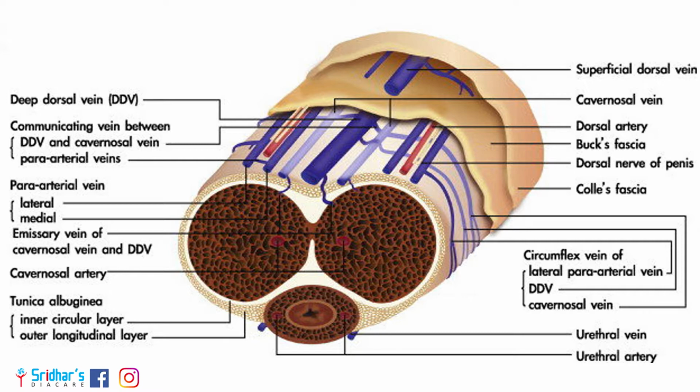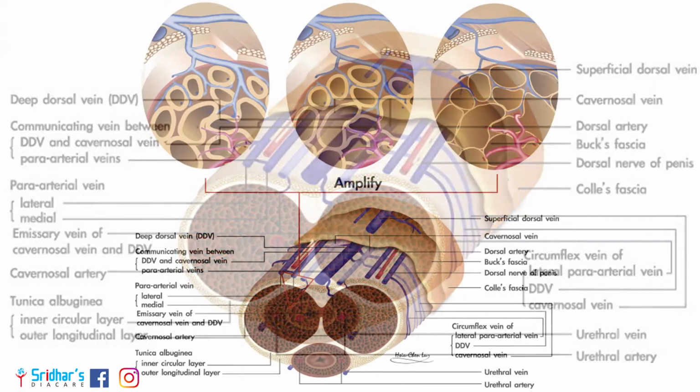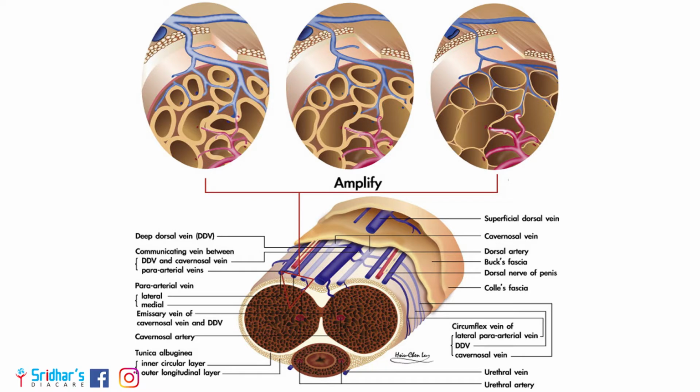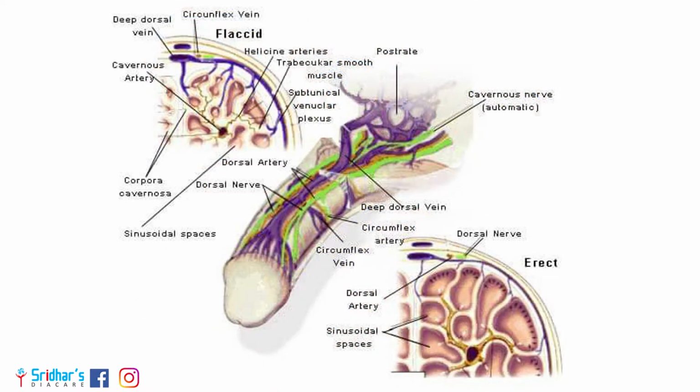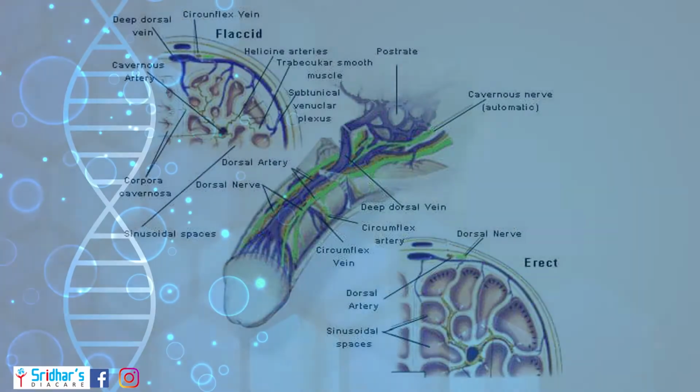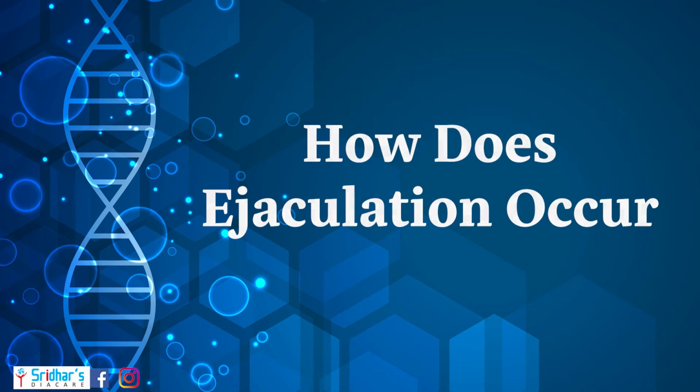Impulses from the brain and local nerves cause the muscles of the corpus cavernosa to relax, allowing blood to flow in and fill the open spaces. The blood creates pressure in the corpus cavernosa, making the penis expand and creating an erection. The tunica albuginea, which is a membrane surrounding the corpus cavernosa muscle, helps to trap the blood in the muscle, sustaining the erection. Erection is reversed when muscles in the penis contract, stopping the inflow of blood and opening outflow channels. Now, how does ejaculation occur?